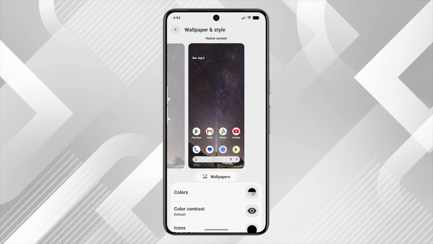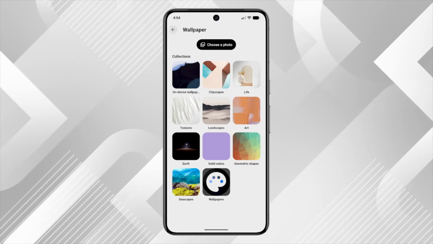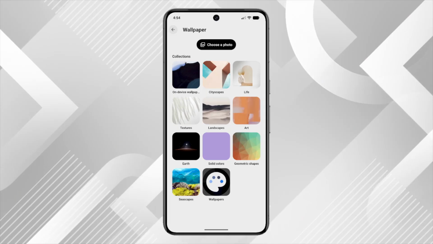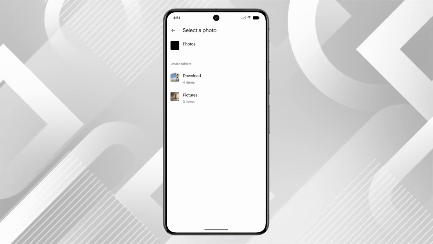Next, you'll see several options on the screen. Go ahead and tap on Wallpapers. This section gives you access to both Google's pre-installed wallpaper collections and your personal photos stored on the device. Now tap on Choose a Photo. This option allows you to browse through your gallery and select any image you've saved on your phone to use